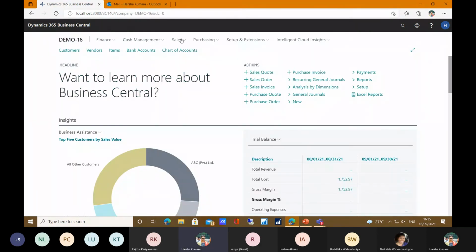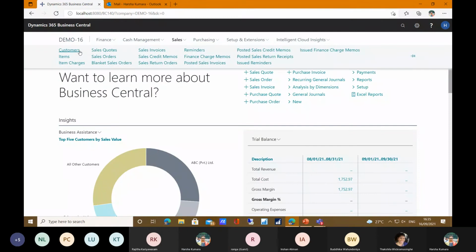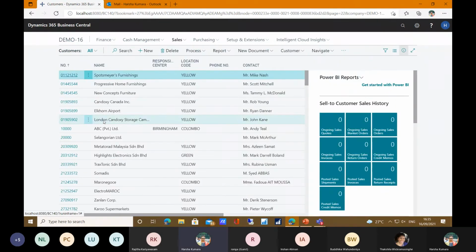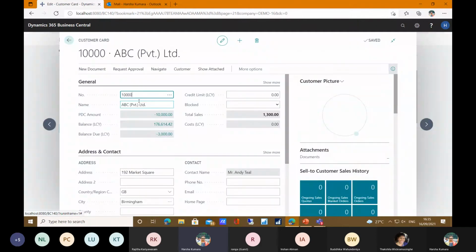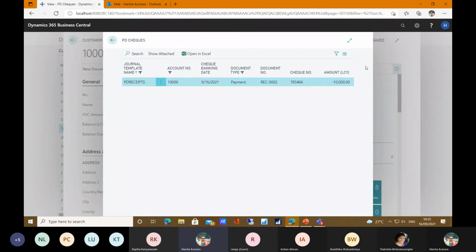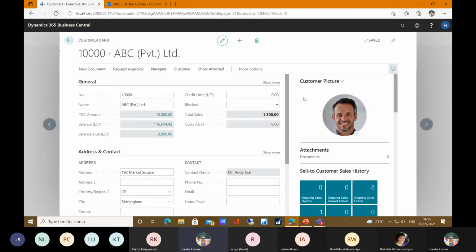We know that ABC Private Limited has given us some PD checks, and we have already updated them. At the customer card level, you can see the PDC amount. We can drill down on the PDC amount and check the PD check date, the check banking date, the check number, the document number, and the applied document number. All the information we can see using this customer card.